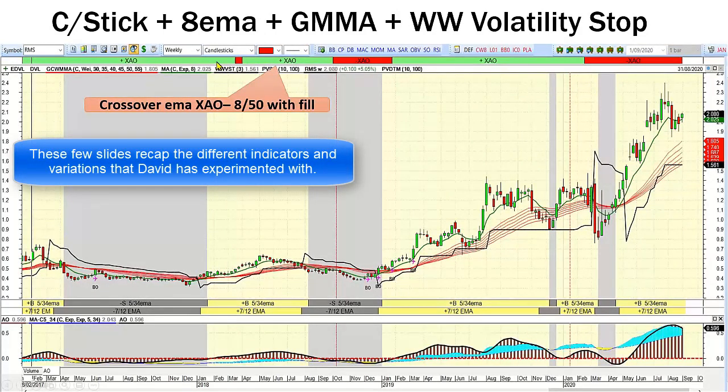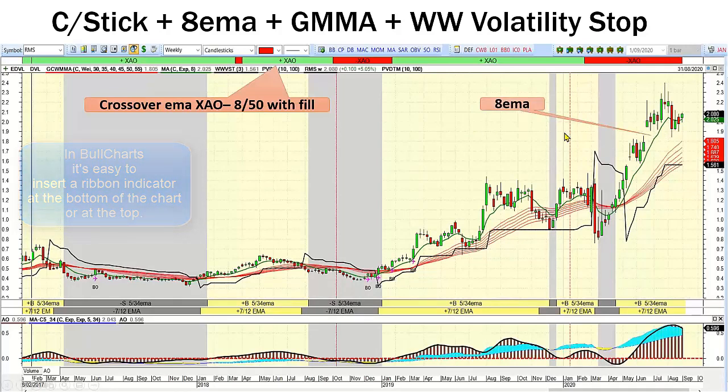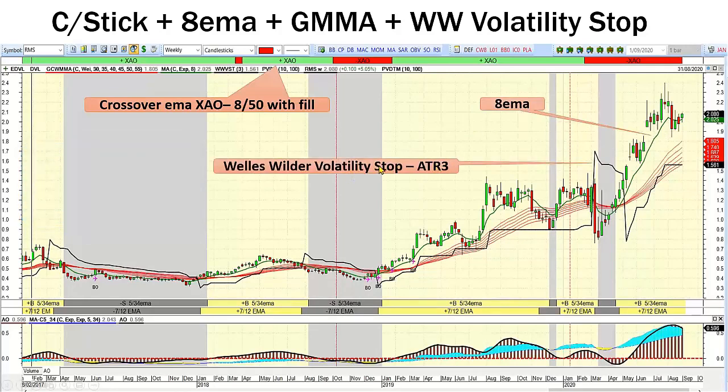Somehow I came across a ribbon that does the XAO 850 EMA, and I said to myself, well, if it's in the red, I'm not going to be buying. But in the end, I found I didn't use it, so I've taken it off in later charts. But I do have it available. This is the EMA, which I use quite regularly, and this is a Welles Wilder volatility stop, ATR3. It's based on an average true range,